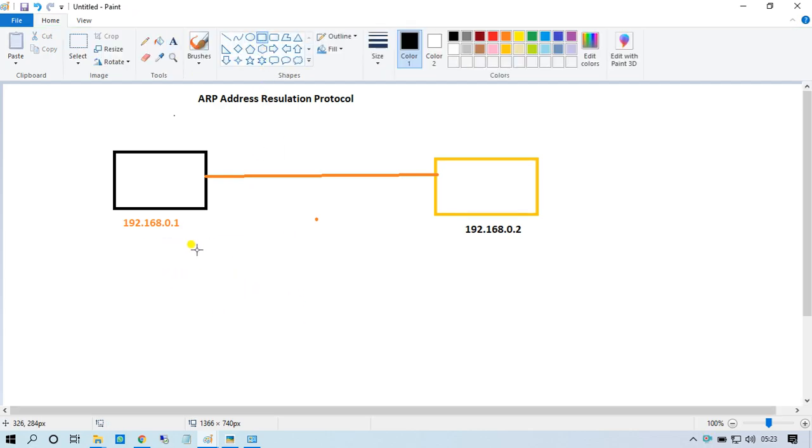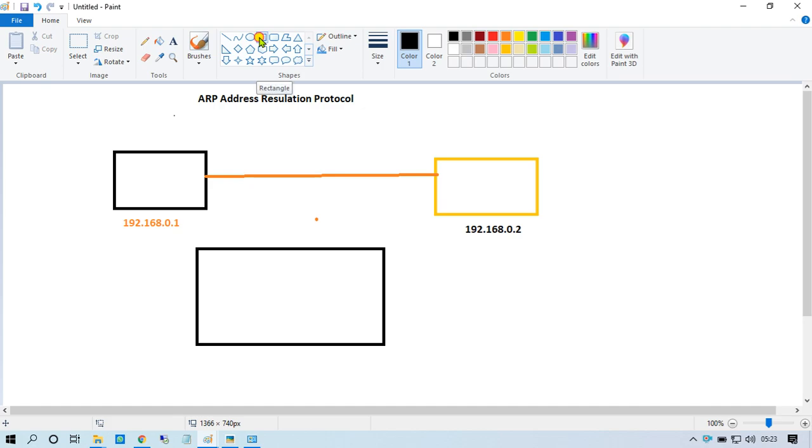It generates a packet. Packets contain two types.